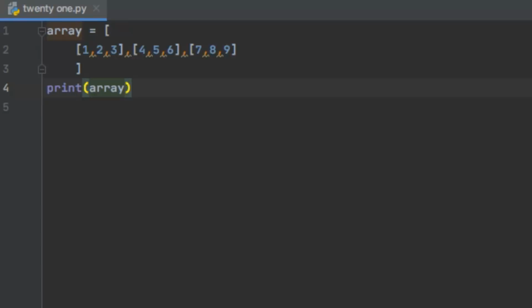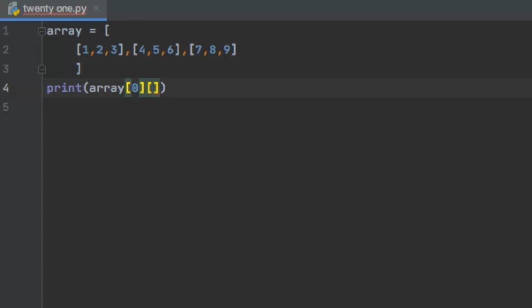The first square bracket takes the index of your row. So if I say 0, this would access the first element, that means the first list of the outer list, and the second square bracket would take the index of the element which you want to print.